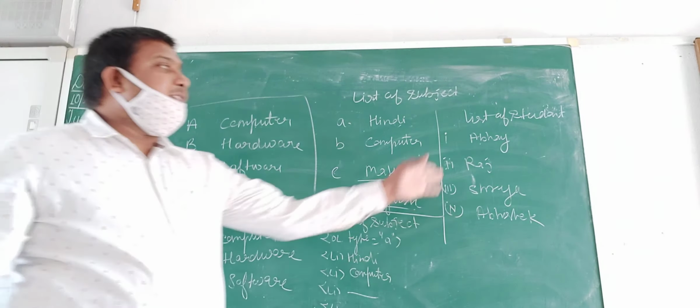Is it clear? And if it is a number, then you have both options. You can write only the OL tag, or you can write OL type is equal to 1, because number 1 is the default one. Either you may use type or not, the number value will display by default.